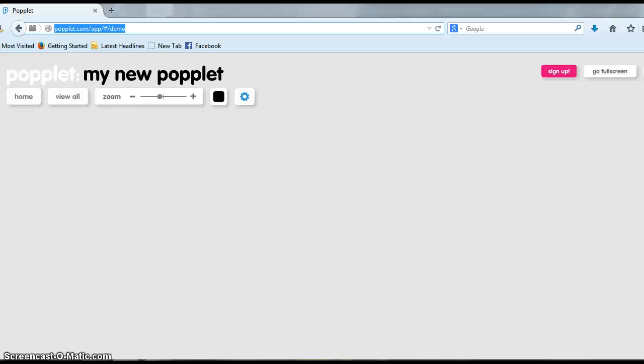This is a tool called Popplet. I'm going to show you the basics of how to use it. Popplet is a tool that you would use to make a mind map or to organize your thoughts visually on really any topic. To start, just go to popplet.com, and when you get to your Popplet screen, you double click